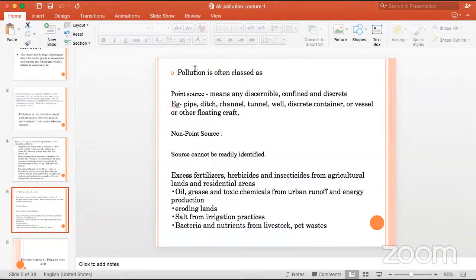So again, like I told you, you can expect questions over these topics in the exam. Right? Pollution, the first one we already started. Pollution, I think we